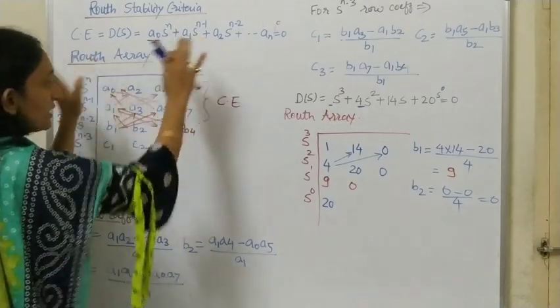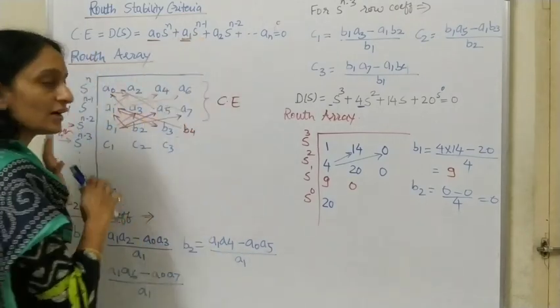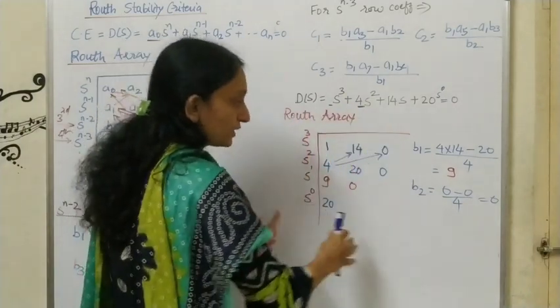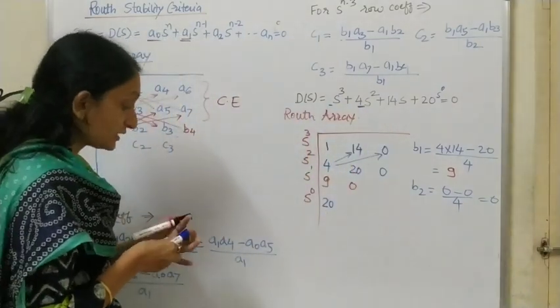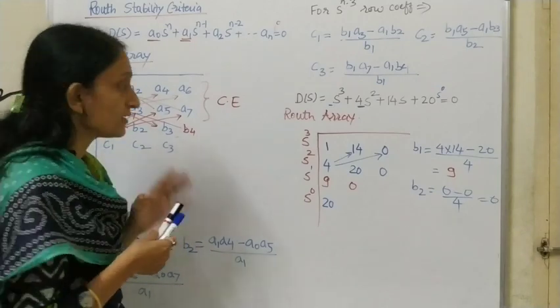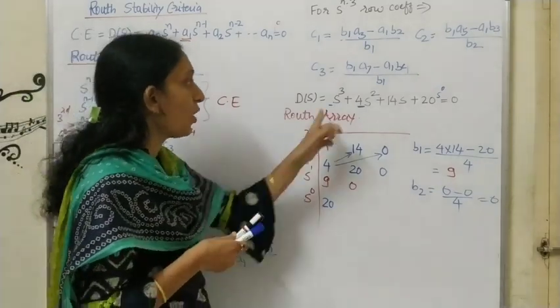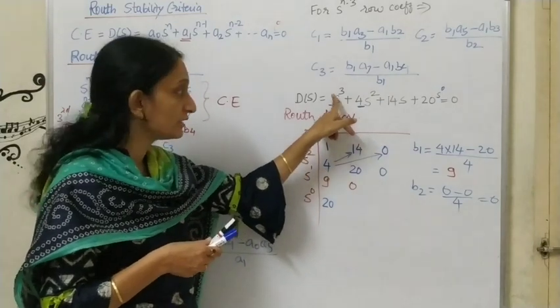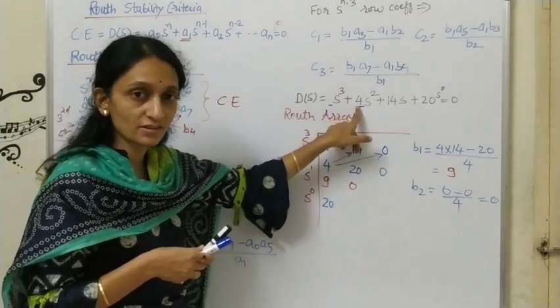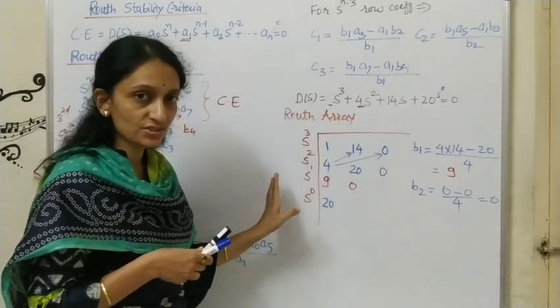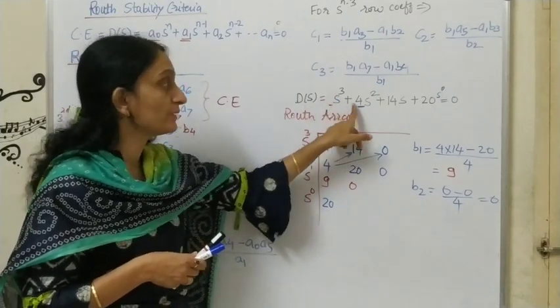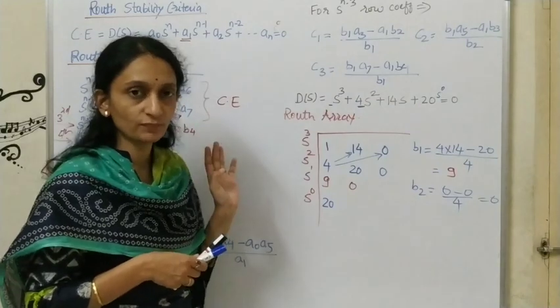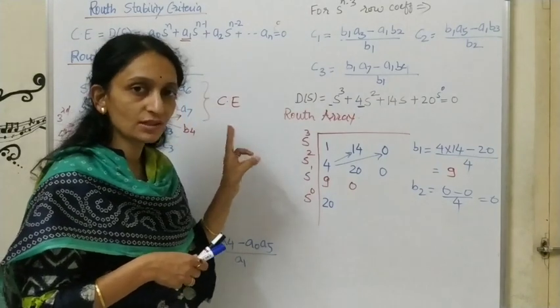See, this is the generalized characteristic equation. We have formed the Routh array, here also we have formed the Routh array. So how will you calculate whether the system is stable or unstable? First of all, the condition is that all powers of s, all the terms of s, should be present. There should not be sign changes. What I told you, the necessary and sufficient condition, there should not be sign changes in this equation. So these two terms are common.